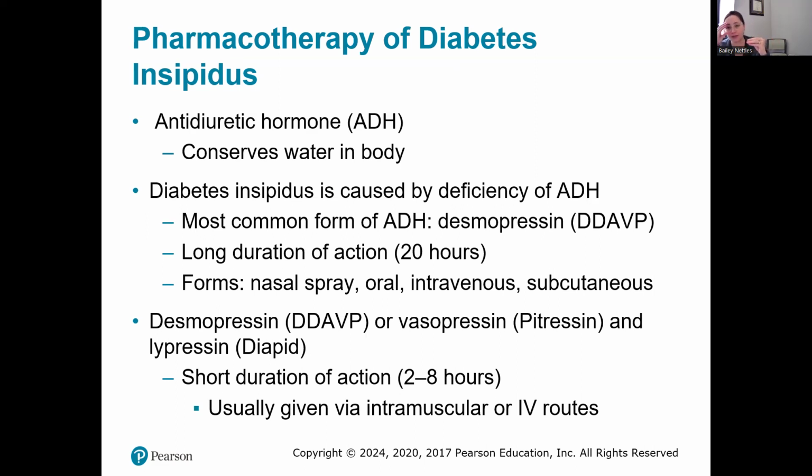So when I don't have enough of the antidiuretic hormone, which conserves water, my body is not conserving water, and it is peeing incessantly, okay? I'm urinating so much. That is one of the biggest symptoms, okay? I just can't keep up with how much I'm peeing, and I get dehydrated, all right? So, diabetes insipidus,